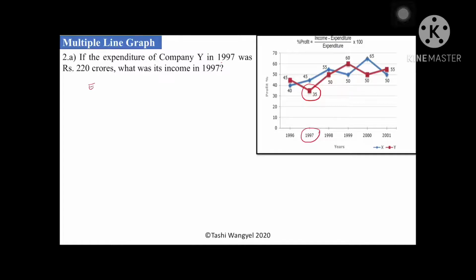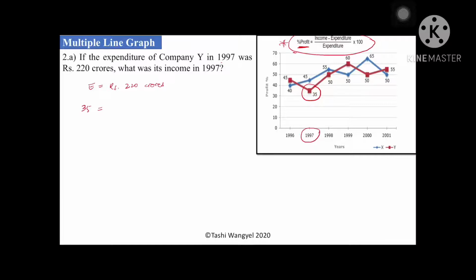The expenditure of company Y in 1997 was rupees 220 crores invested. What was its income? For income, we need the formula, so substitute into the profit formula. In 1997, the profit of company Y from the graph is